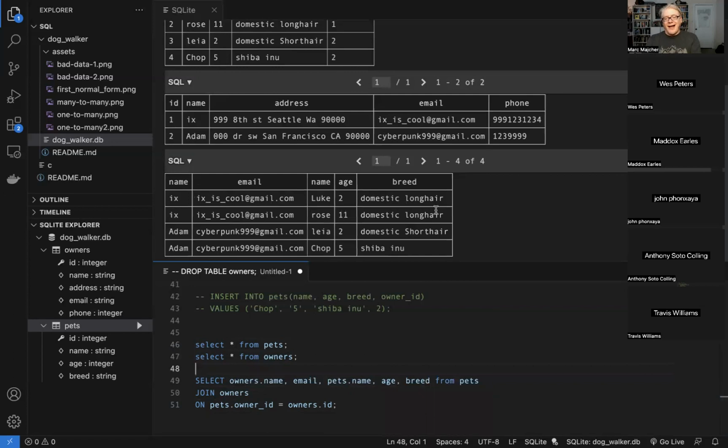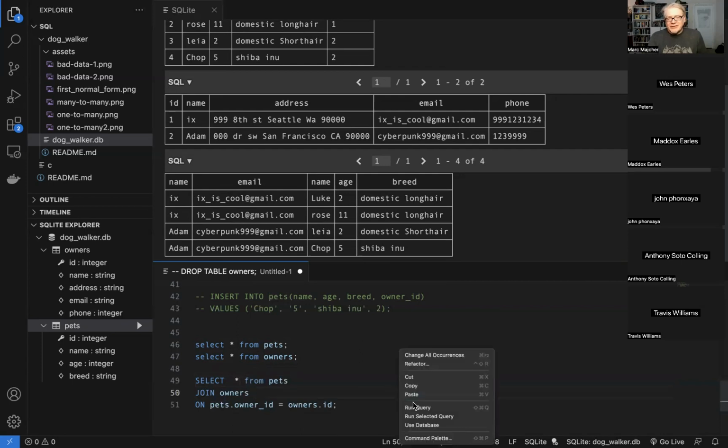And so now I can get whatever information I want combined off of that table. Most of the time, you're going to be wanting just stuff from that left table, depending on who owns it. But when you do a join, you get all the stuff, so you can pick and choose what you want.